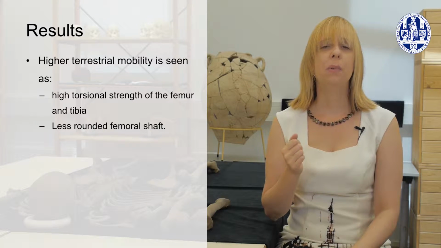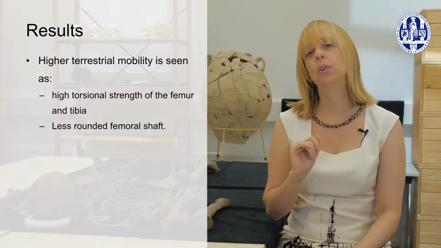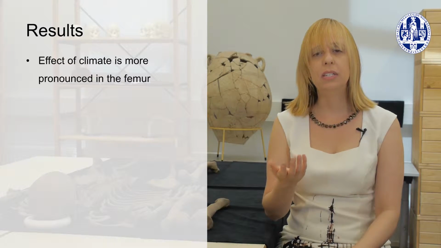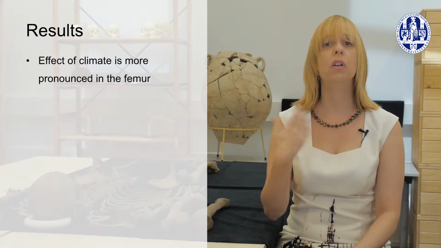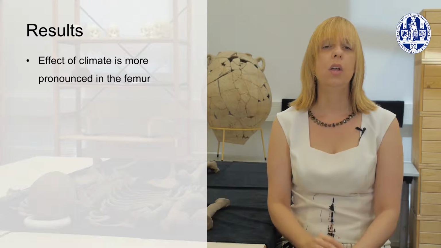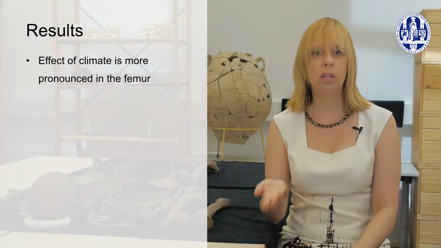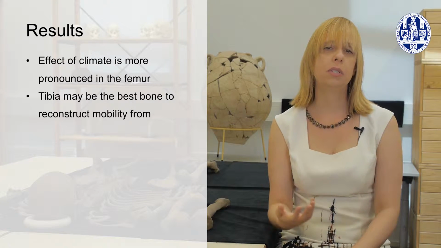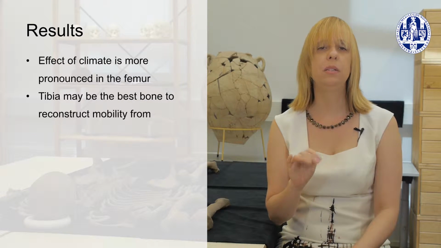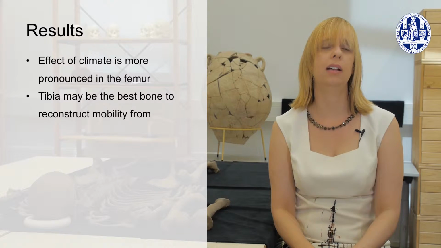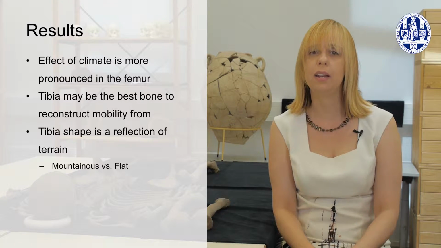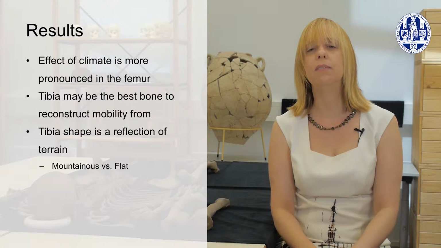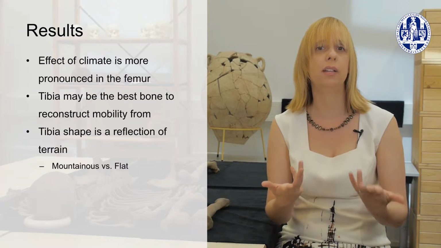There was also a correspondence between terrestrial mobility and the torsional strength of the tibia. The effect of climatic differences was stronger in the upper leg bone, in the robusticity of the femur, which suggests the lower limb bone, the tibia, was more selected and more mechanically optimized, and in fact may be the best bone to use to investigate certain aspects of mobility, such as terrain. The tibia's shape may be the best indicator of mobility that involves a lot of traversing of rugged terrain